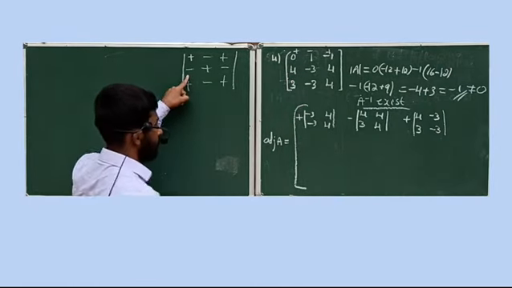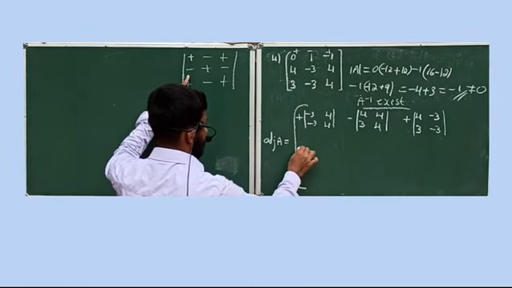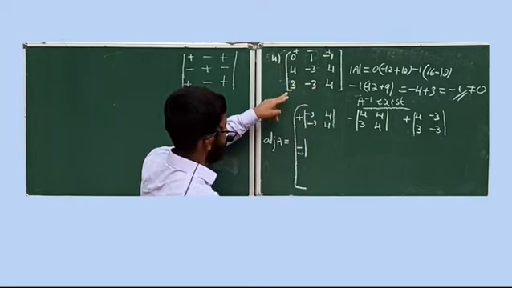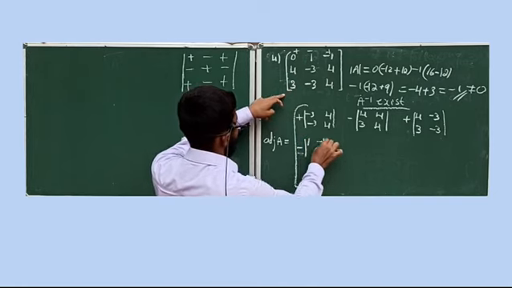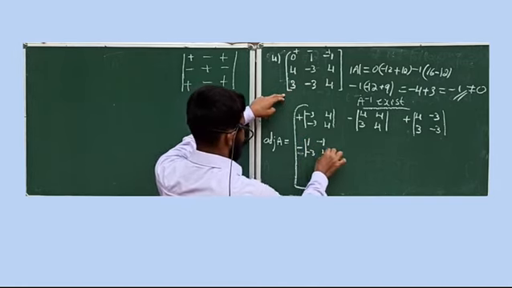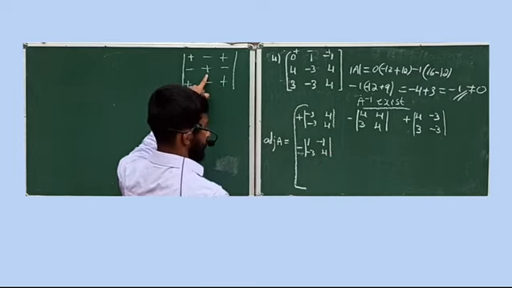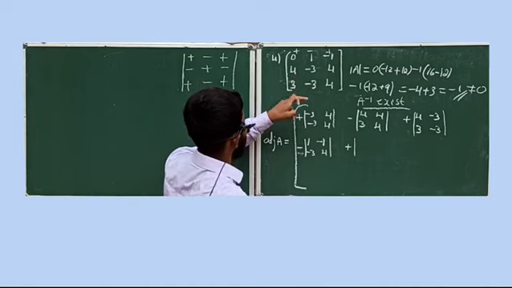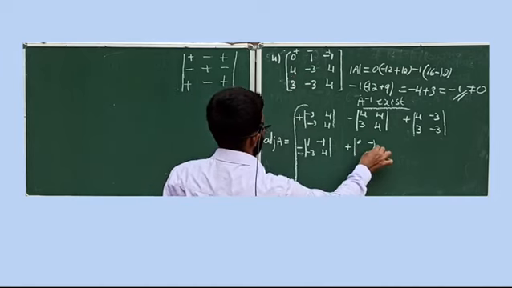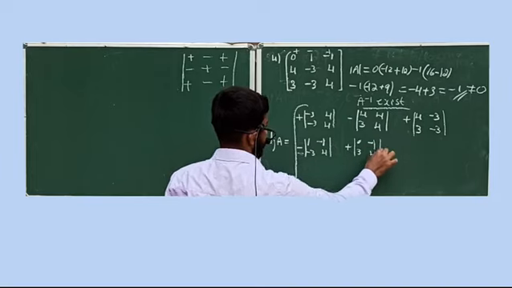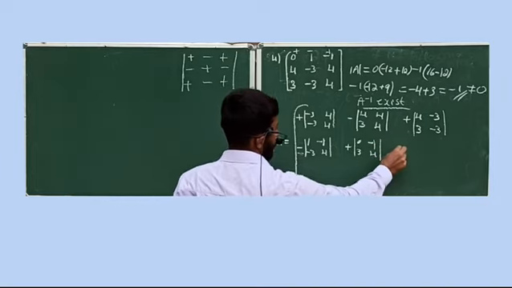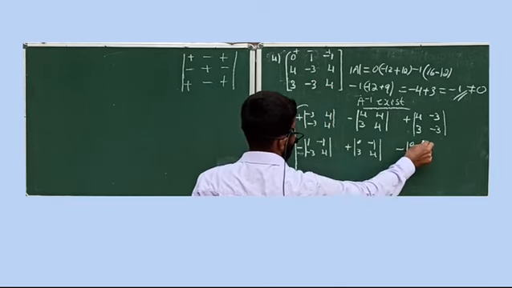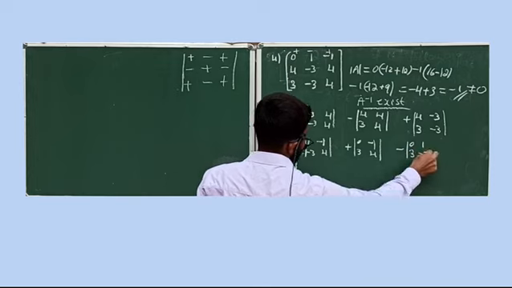Here minus comes, minus determinant, delete the second row and the first column, we will get 1, minus 1, minus 3, 4. Okay, then see, plus is there, right? Plus determinant, second row, second column, 0, minus 1, 3, 4. Then see minus determinant, delete the second row, third column, 0, 1, 3, minus 3.